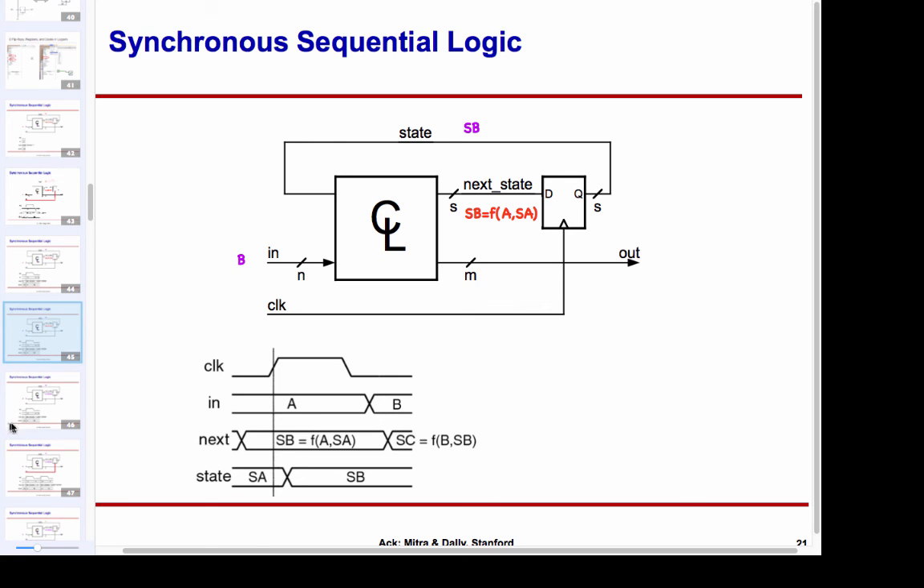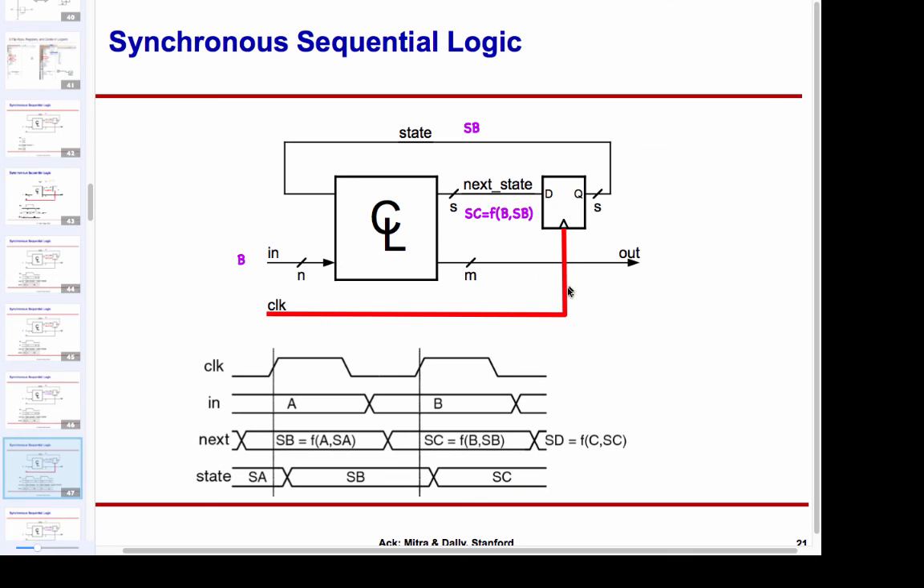What will happen at this stage is, because this is B and because this is SB, there will be a new value SC out here, which is a function of B and SB. And so that's what we see out here on the next wire. I'm going to see SC. And then the clock tick will come again. At the next clock tick,